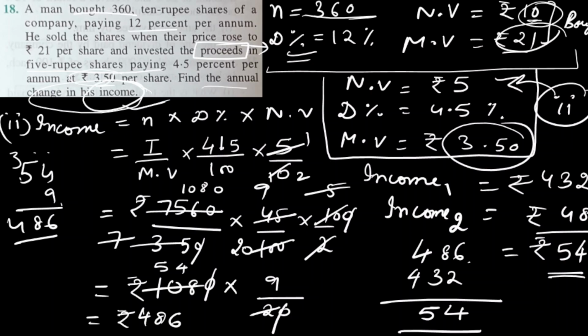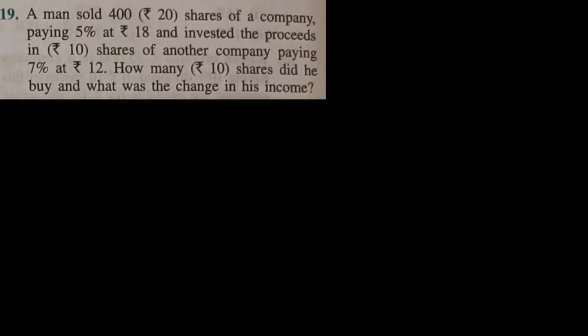So with this we have completed this question. Now let's move towards the next question. This is the second last question of this exercise. A man sold 400, so that means number of shares is equal to 400, rupees 20 shares of a company. So what is the nominal value? Nominal value is equal to rupees 20, paying 5%